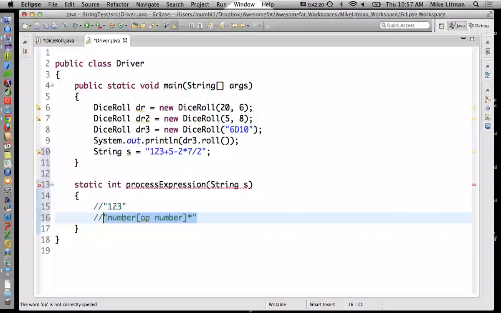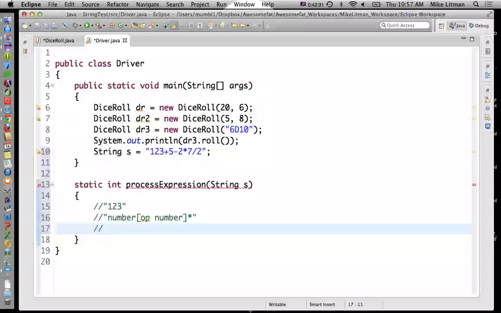That make sense? So this whole square bracket thing here, that is optional. So that means I could take in a number, or I can take in a number followed by an operator followed by a number, or a number followed by an operator followed by a number followed by an operator followed by a number. Every single time you have an operator, it's going to be followed by a number. That make sense? So we need to be able to process a string of any length